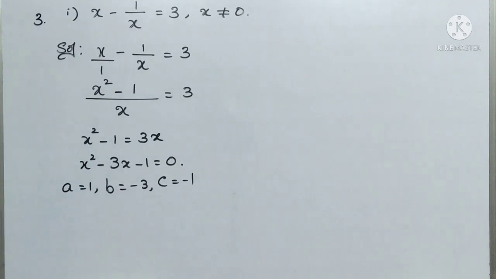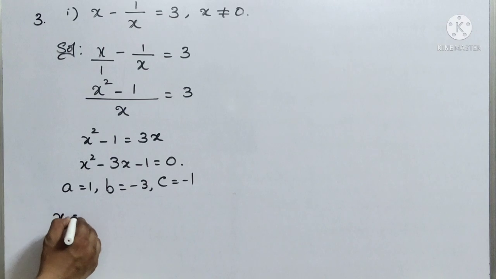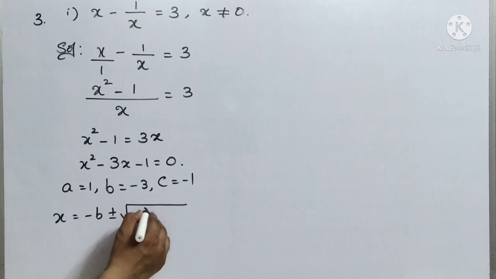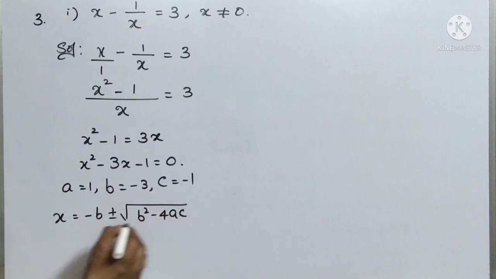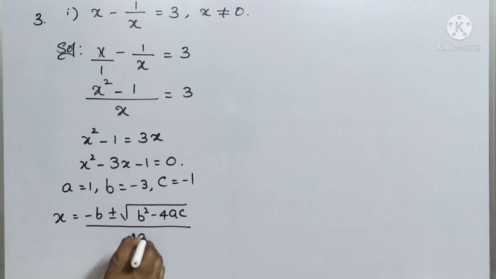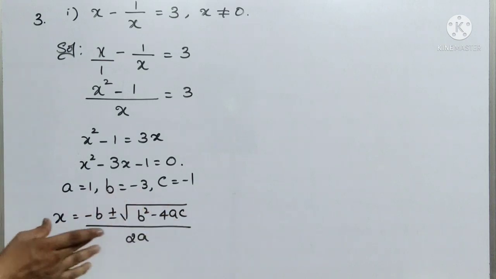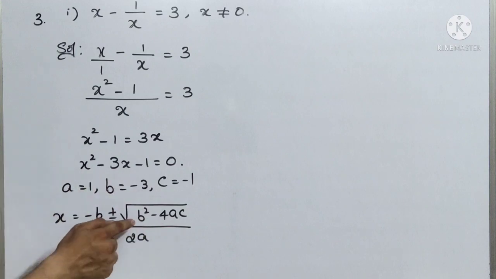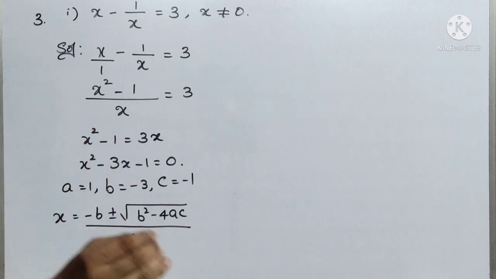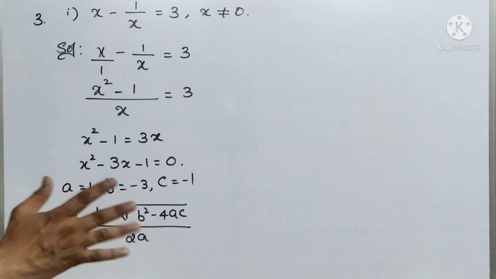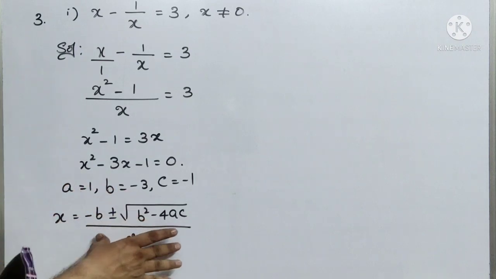Okay, now I am writing the formula here. X equals to minus b plus or minus root over b square minus 4ac by 2a. Okay. Now I will tell you, children, instead of substituting all the values at a time in this equation, first it is better if you find b square minus 4ac first, it will be very easy for you. If you find b square minus 4ac, the sum is going to get very easy and you will never get any mistakes, I am telling you.